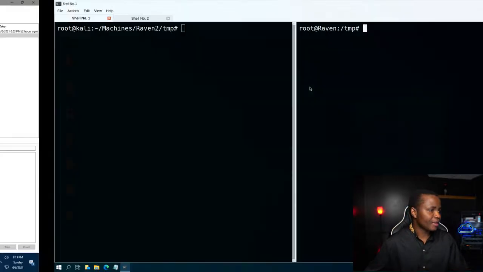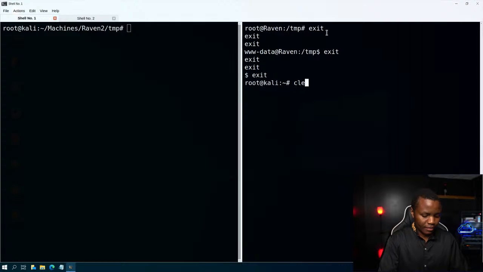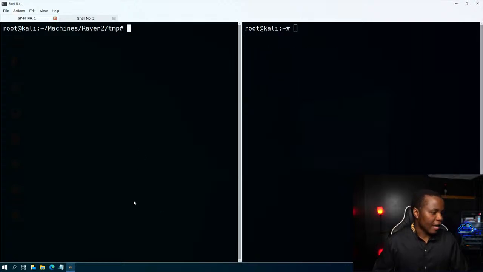Otherwise, this is my Kali Linux machine here. Let's exit out of here for a second. I haven't upgraded to the 2020 version of Kali. I will be doing that soon. But right now I have a directory named Raven2. I actually have a temp directory in here. And usually what I like to do when I get started here is start with an nmap